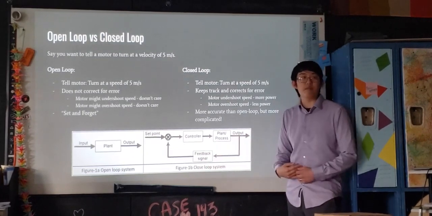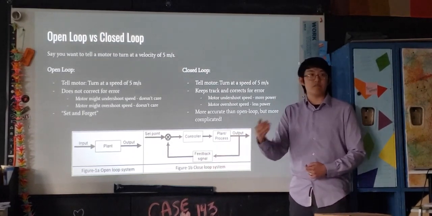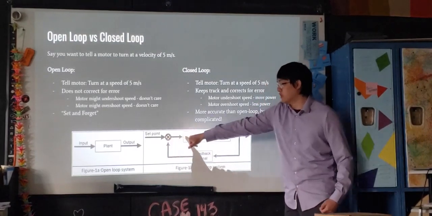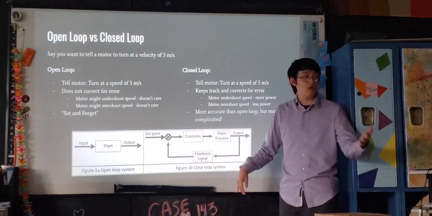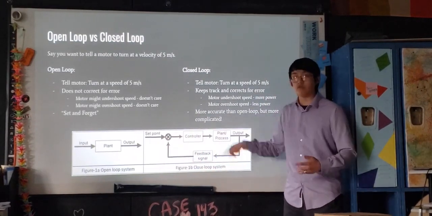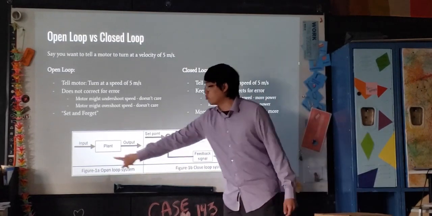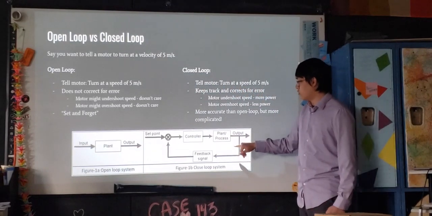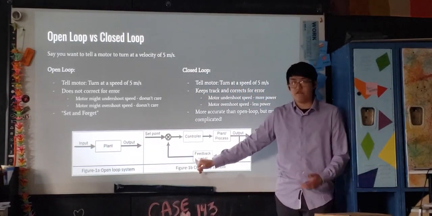Feedback, like you're receiving feedback from a teacher. You get responses back from the motor, and it goes back into this loop. And that's why it's called a closed loop, because this loop is literally closed, like it goes infinitely. While open loop, there is no loop, right? And so whatever the feedback is, if